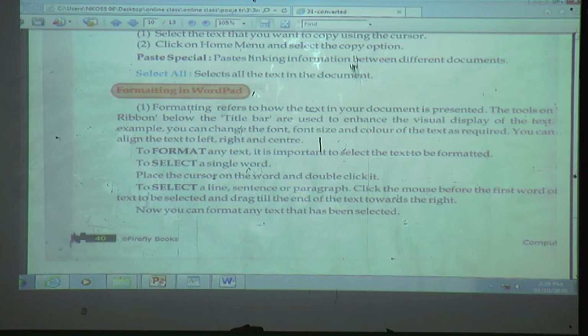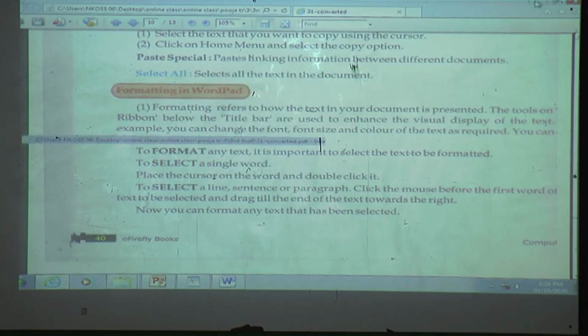Click the mouse before the first word of the text to be selected and drag till the end of the text towards the right. Now you can format any text that has been selected.